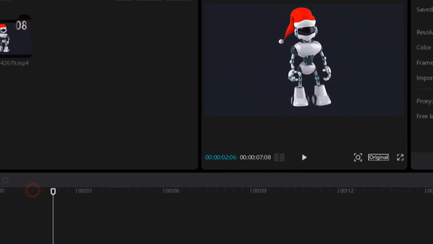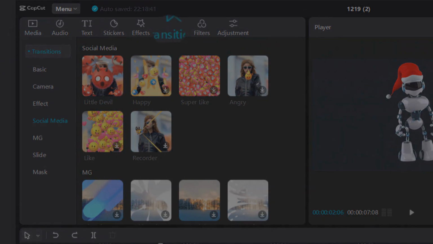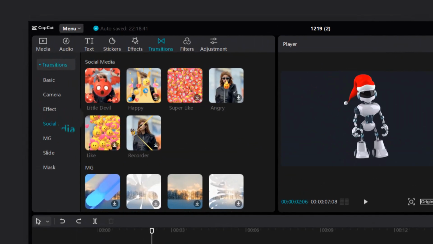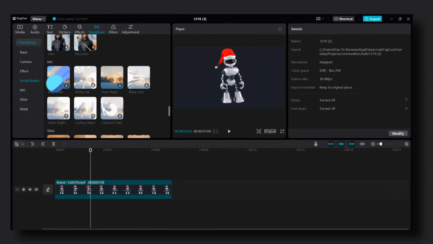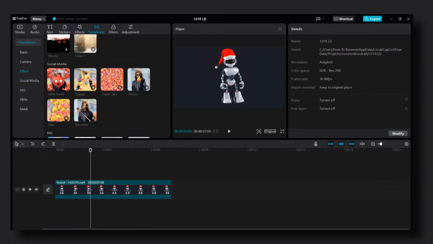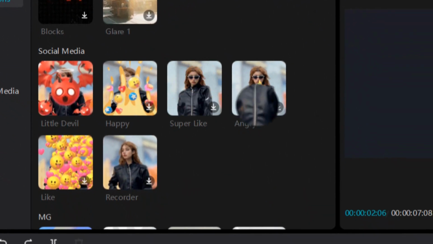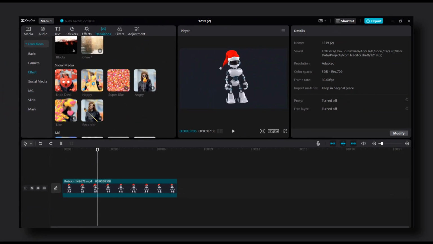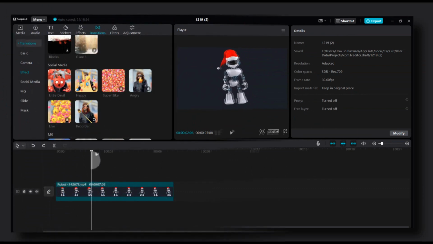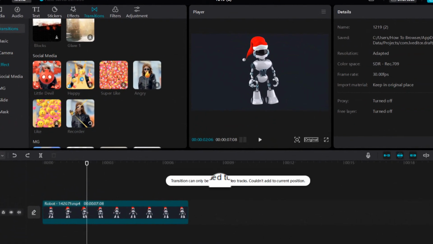In here we have to go to the transitions panel, and from here we have basic, camera, and also social media transitions. Now click on it, select the transition category here, social media transitions, and from here we have those transitions. So I'll select one, you can see a preview, which is pretty cool. I will use this one, I think it's pretty cool, but you cannot add a transition